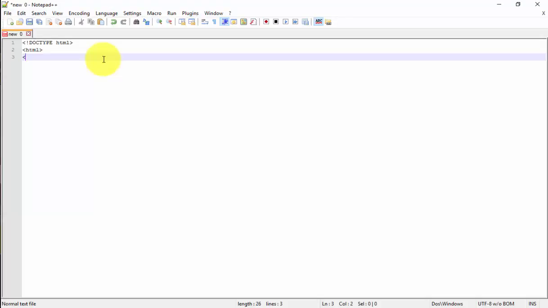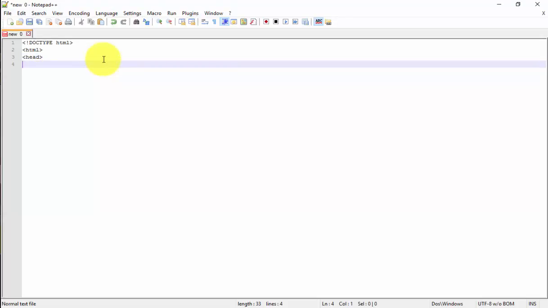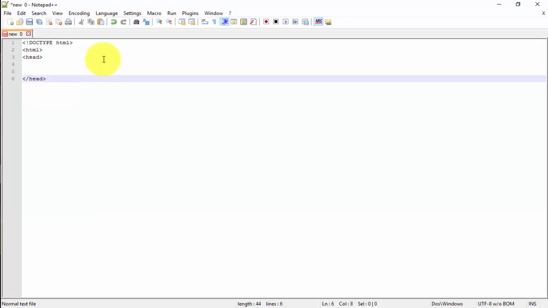After the opening tag of HTML we have to put our head section. This is the opening tag of head, and line break, and this is the closing tag of head. Keep in mind that